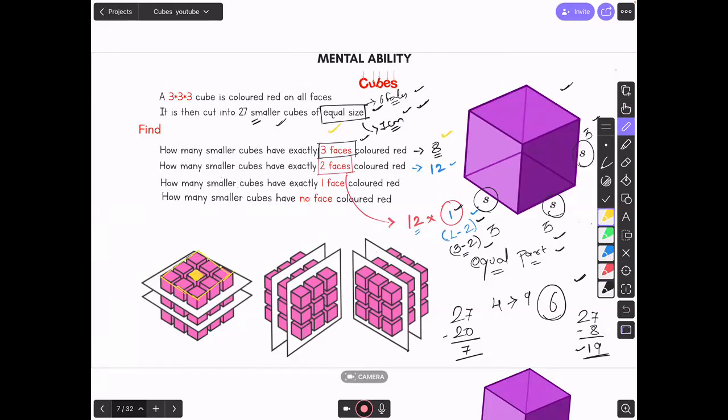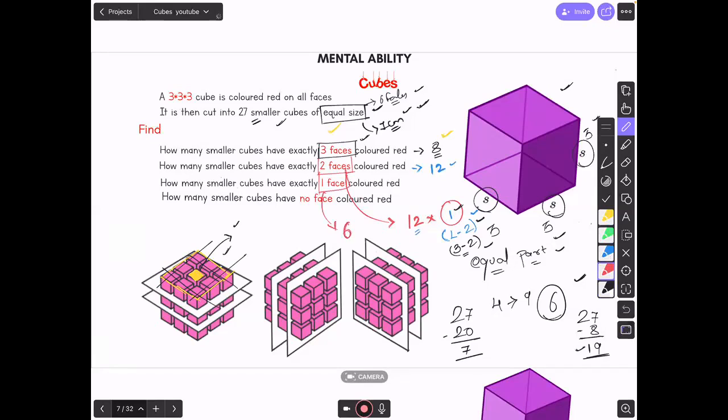Right? Per face, how many are you getting? 1. Okay, that is again quite a logic. The cube that is there purely on the face, not on the boundary, will be having one face exposed and 5 faces will be inside, right? So it is the face cube for which you are having one face exposed. So one face, where do you get? You always get it on the face.